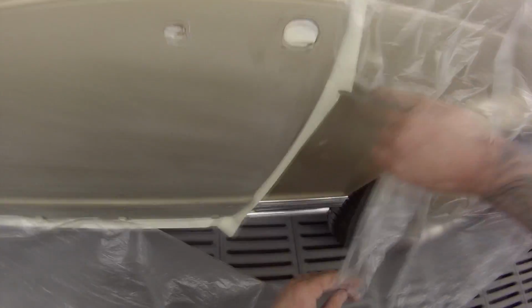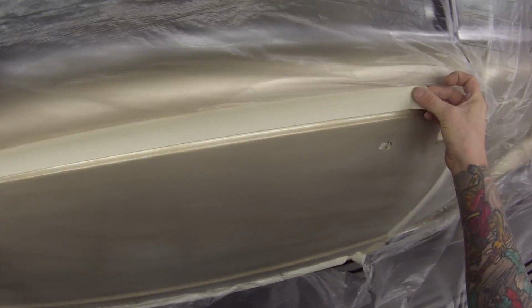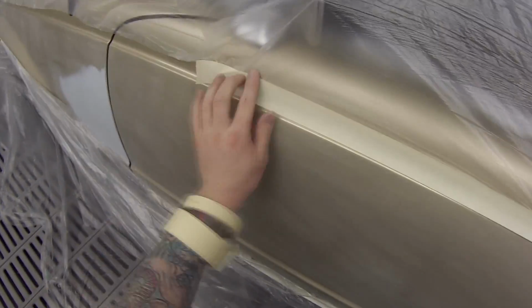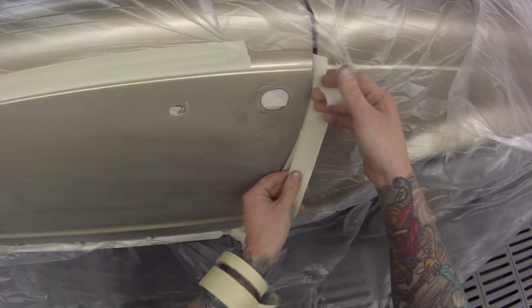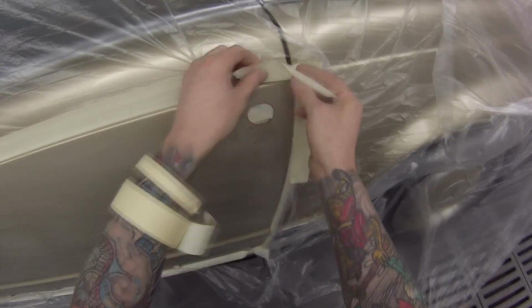So we've got it into the booth after scotching all those edges down. I decided to use the 800 grit softback sanding sponges. I then blew the entire job off. Now taking it into the booth, masking it all up. Did all the edge masking around the backs of the doors. Put a bit of back masking there, and I'm then just razor blading straight down and straight over with the